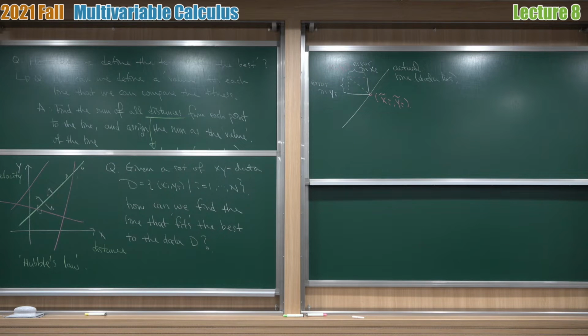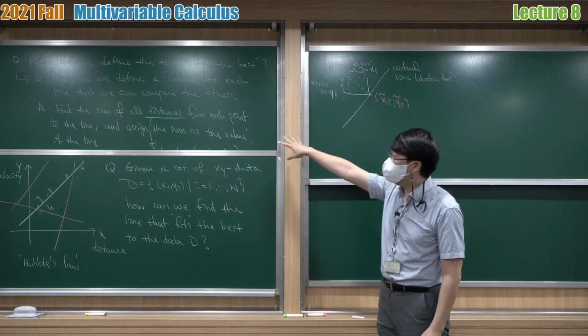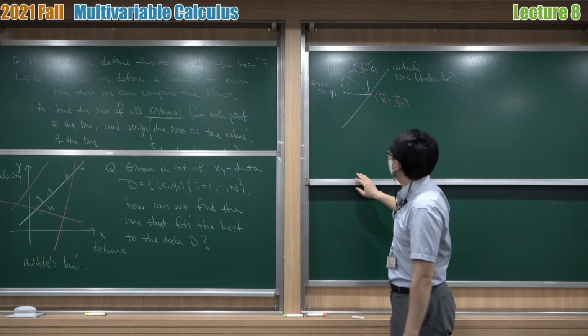Square the distance. That's a good one. Why do you think squaring the distance? If we choose to square the distance, we can find the line more accurately, or in another sense, efficiently, I guess. Because having a sum of distance is okay, it's a good one. And